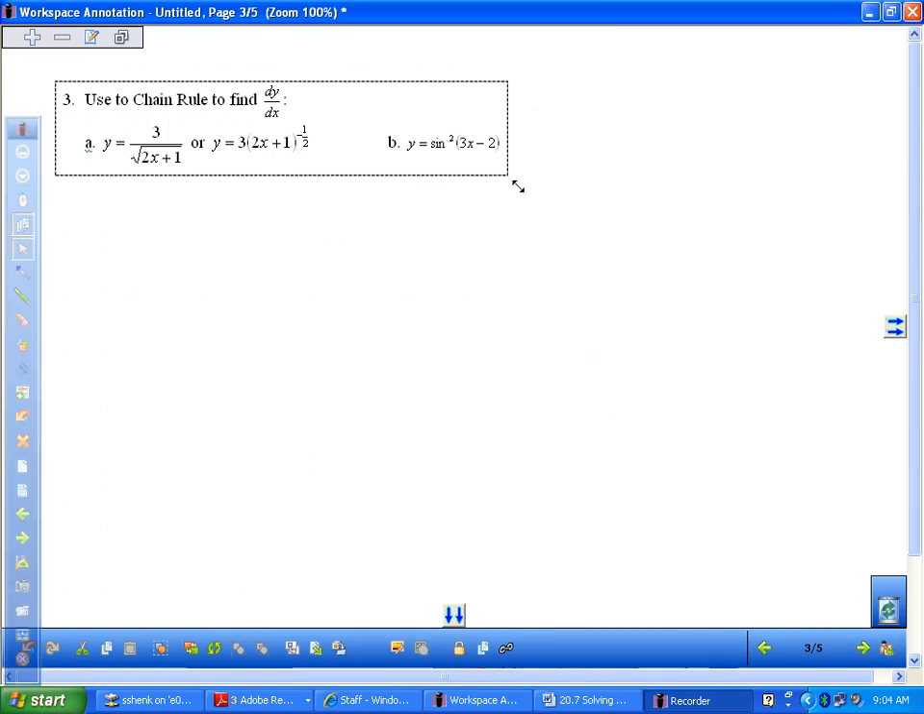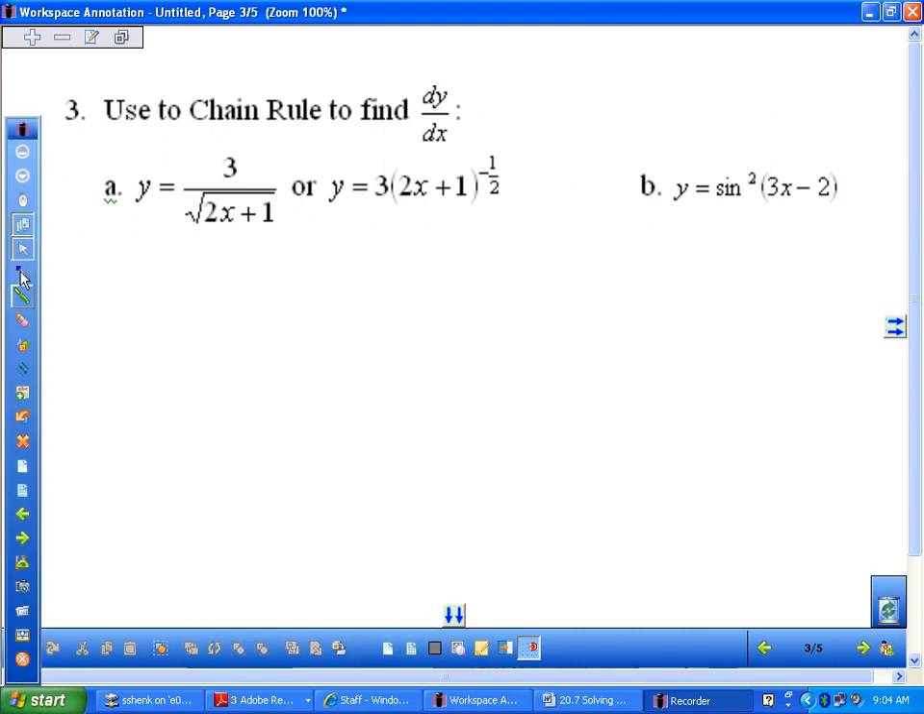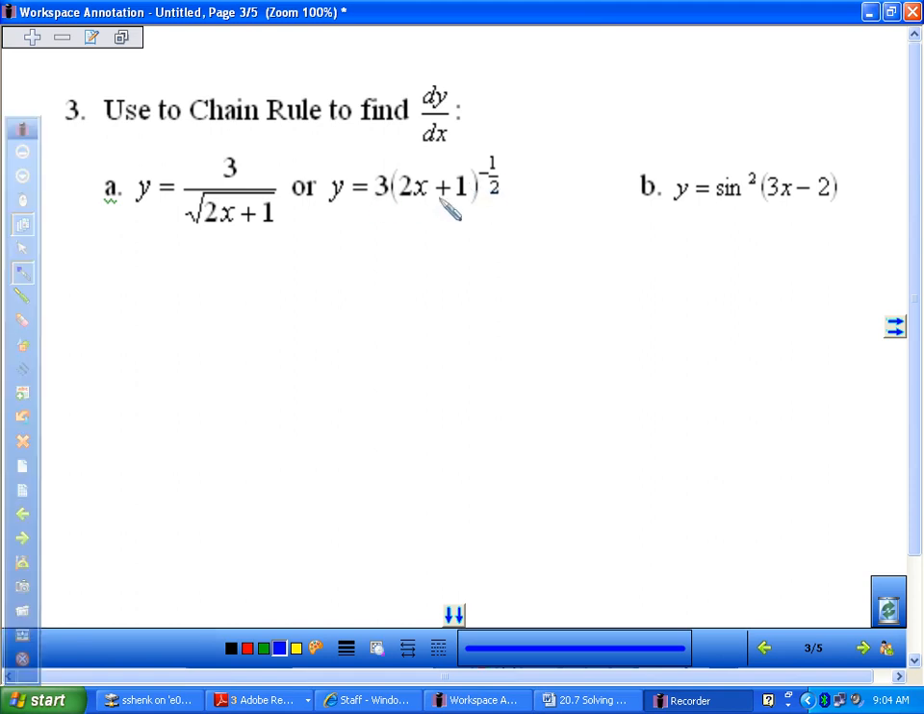Question number 3, we were going to use the chain rule to find the derivative of both of these two functions here. Now this one's much easier to see as you write it like this over here. So really what we've got going on is 3x to the negative 1/2 power, or 3u to the negative 1/2 power, and then our u is our 2x plus 1. So thinking of this as outside-inside rule, we've got dy dx being equal to, we've got 3u to the negative 1/2. So that would be 3 times negative 1/2 u, which is our 2x plus 1, to the negative 1/2